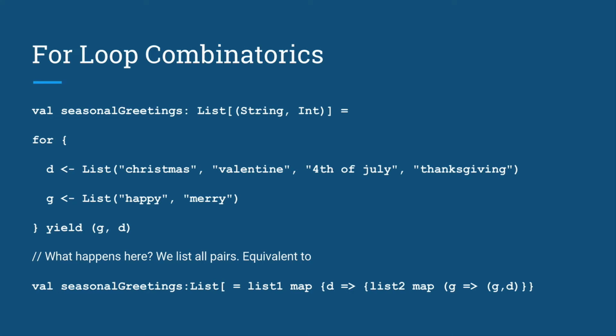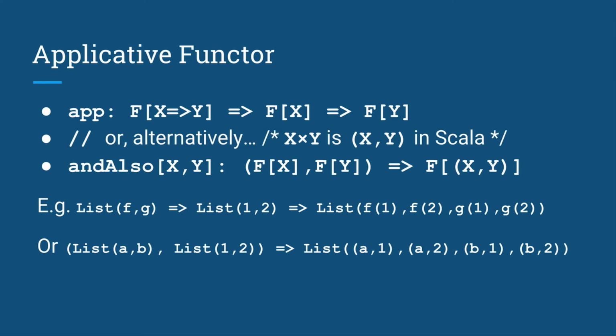So instead of printing, we could produce a list of pairs, like string and int, by yielding G and D by scanning the first list and the second list. And map is behind the scenes. We have list 1, and we map that. And we have list 2 inside, where we map the things inside list 2 into this pair. So the result would be the list of all the possible pairs. Or is it a list of lists? It's tricky. So we are getting closer to monads, but we're not there yet.